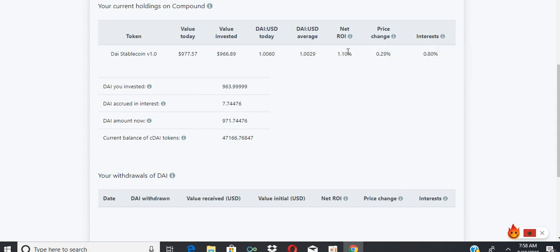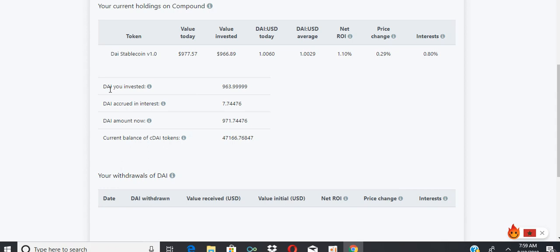And the way to look at this for those that invest in other cryptocurrencies, we'll use Bitcoin as an example. When you are accumulating more Bitcoin as the price goes up, you have to be able to add the price variation as well as the added on cryptocurrency that you gain to get your full exposure or your full profit. Meaning, how much more Bitcoin did I gain plus how much did Bitcoin itself gain in value?